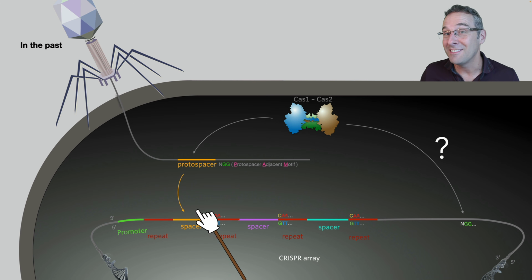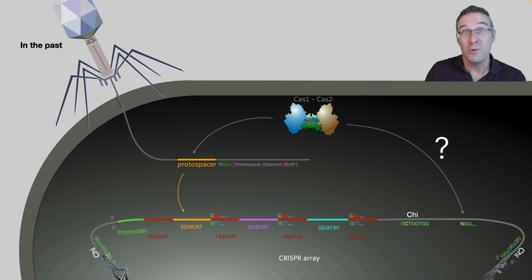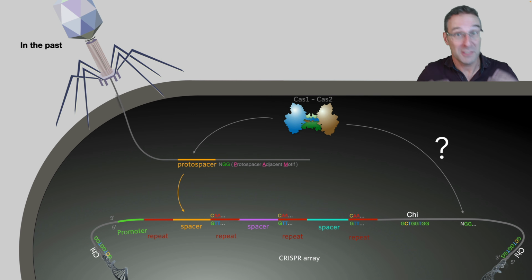Well, it turns out that the reason is because of those Chi sites. Remember, E. coli, and other species of bacteria too, no doubt, their chromosome is full of Chi sites. There are Chi sites everywhere. Now, of course, the main reason for those Chi sites is so that the enzyme RecBCD can resect the 5' end for double-stranded break repair, but they serve another function too,